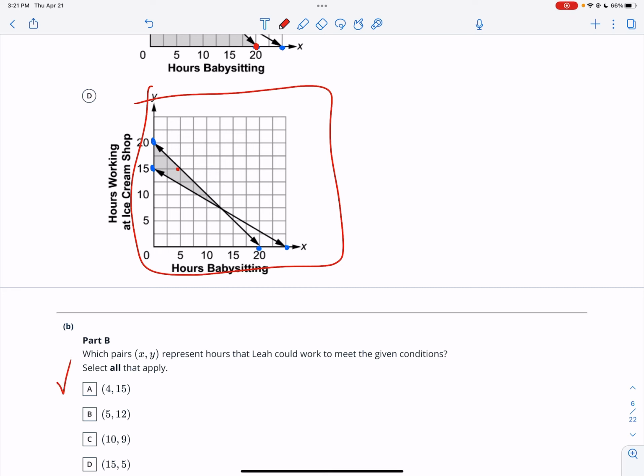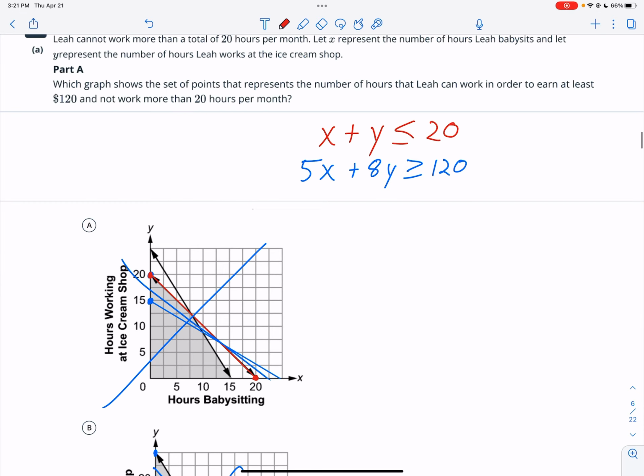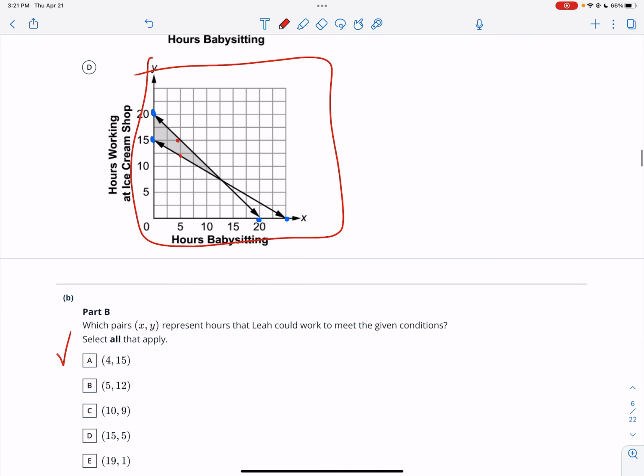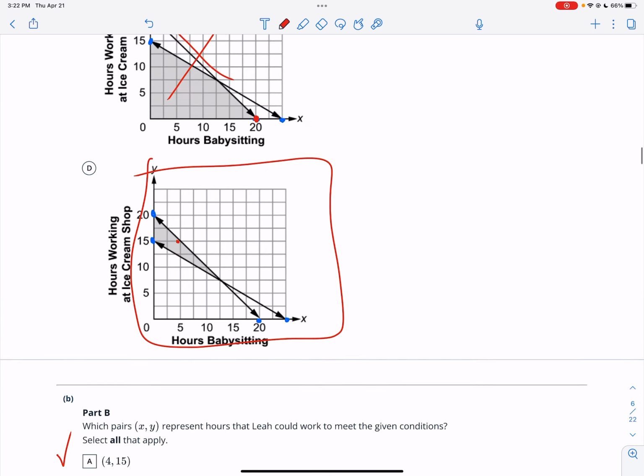When x equals 5, y equals 12. We have 10, 12.5 is up here. I think it's right there. Now we can go ahead and just plug that back in. You can also use the original equations and see if it satisfies them both. So you can either look to see if it's in the shaded region, or you can look to see if it satisfies both of the equations. And so just go through each one of the points and see if they're in that shaded region. Or, alternatively, if it's kind of hard to see like this one is, go through